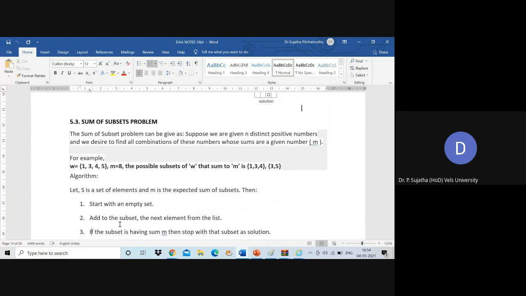this example. So consider one more subset 3, comma 4, comma 5. 3 plus 4 is 7, 7 plus 5 is 12, which is not equal to 8. So you should not consider the subset 3, comma 4, comma 5. So consider one more subset 3, comma 5, whose summation is equal to 8. So the valid subsets are 1, comma 3, comma 4 as well as 3, comma 5. These two are the valid subsets whose